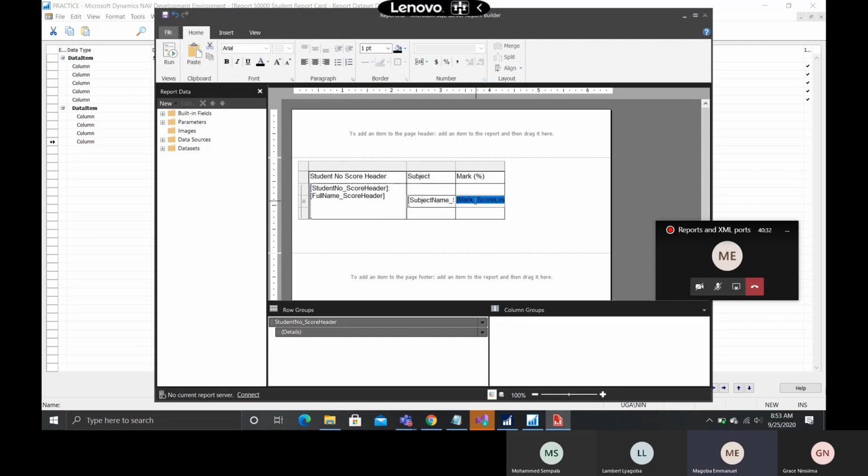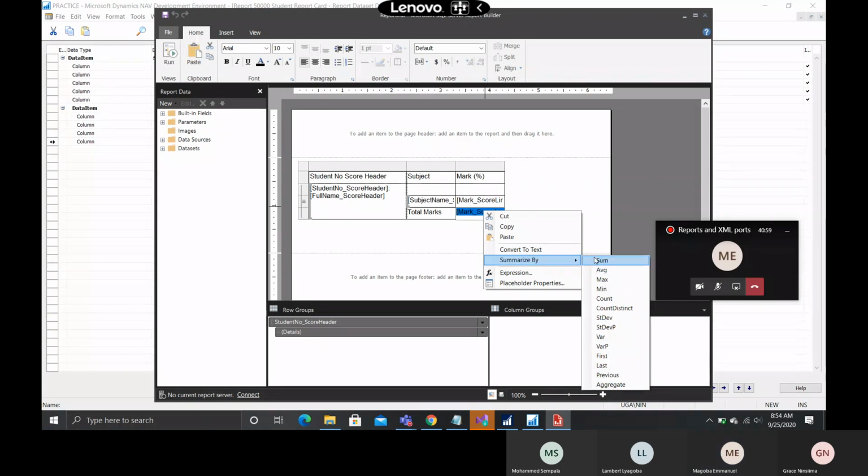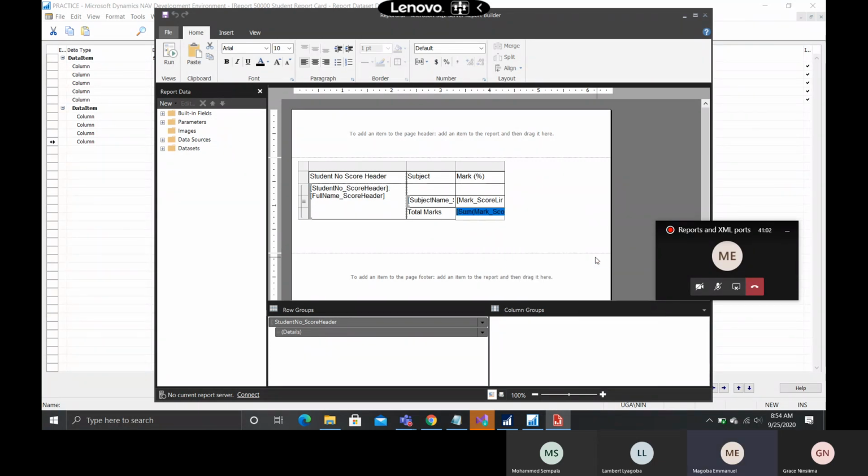Then if I come here under the marks, I want to find the total mark. So here down, I can put total marks. Then I can copy this same field here of total marks, copy it, then put it down here, okay? Then after putting the same field that is up, I put it down. Then I simply right click this field and I say summarize by sum. Okay, I may want to make this last column bold, so I can click it and I do something like that. So if I save this,